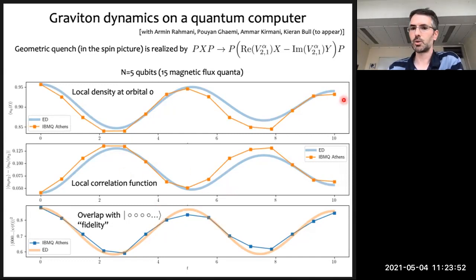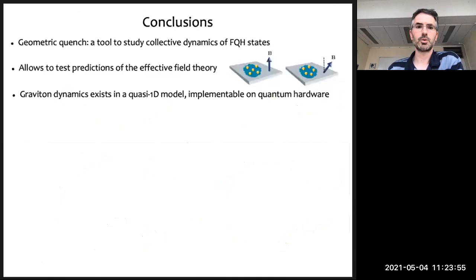Okay, and time for me to conclude. So here are my conclusions. I talked about this geometric quench, which is a certain tool that we introduced to basically study collective dynamics in fractional quantum Hall states. In simple Laughlin states, it allowed us to basically check the prediction from this geometric theory, which worked reasonably well. And then I also tried to convince you that we can see some signatures of this also in the simplified 1D model, which is actually very nice because it's implementable on quantum computers that we already have available at this